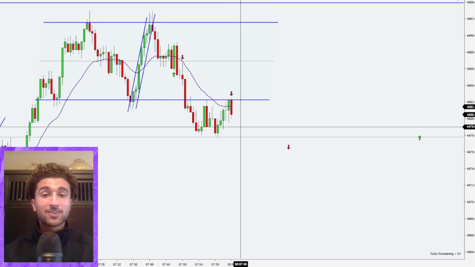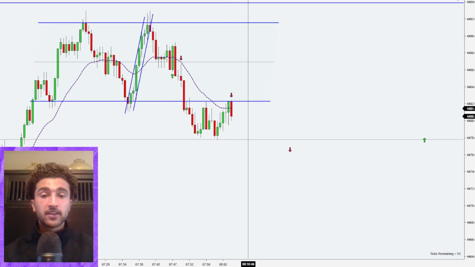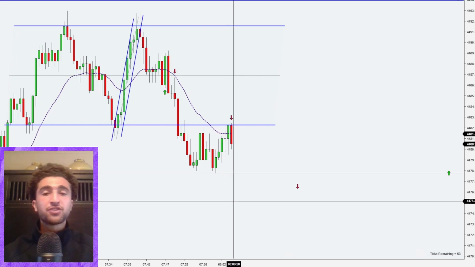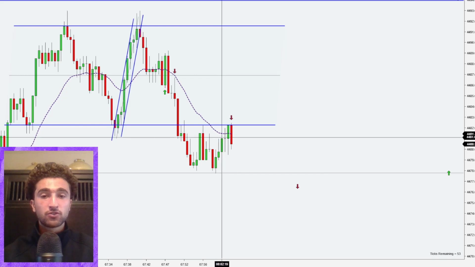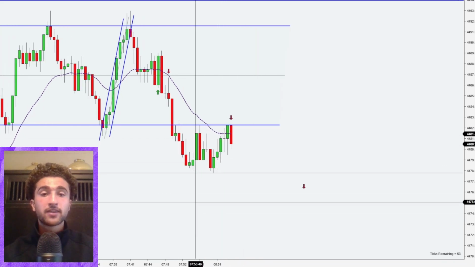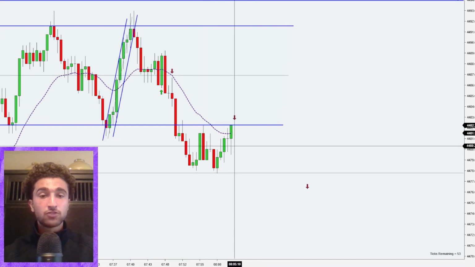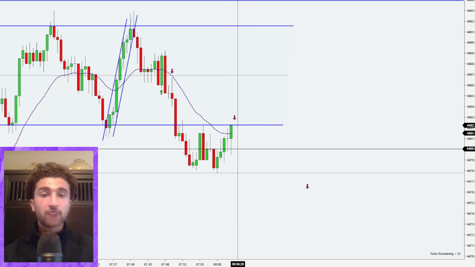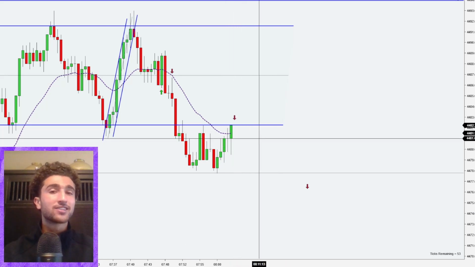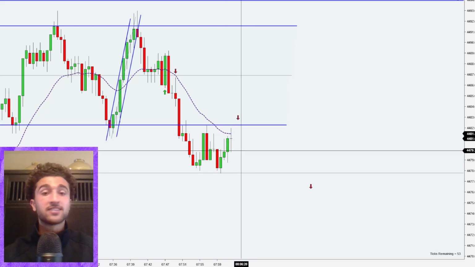And we have a nice opportunity right here. So a double trap, a little bit of an advanced trade, but essentially it's a third entry short. What does that mean? So we have a new low here. We traded up. We have a first entry short because this signal bar broke below the previous one. We went up again, and then we traded lower after this doji bar. So that was really the second entry short because we traded below the bar and we went up again. So that created a failed second entry short because the people who went short at this doji bar thinking it's a second entry short,